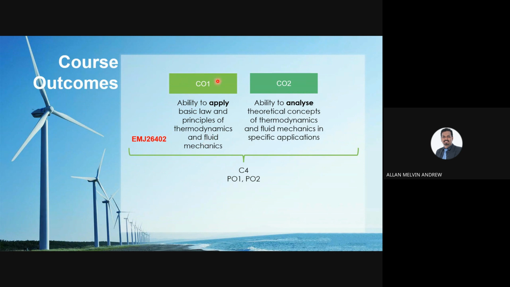The first course outcome is the ability to apply the basic laws and principles of thermodynamics and fluid mechanics. This subject covers two parts. The first part covers thermodynamics, which will be around 5 chapters, and in the remaining 4 chapters we will cover fluid mechanics. So we want to learn how to apply basic laws and principles in these two parts. And course outcome two